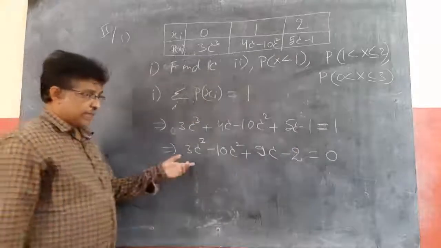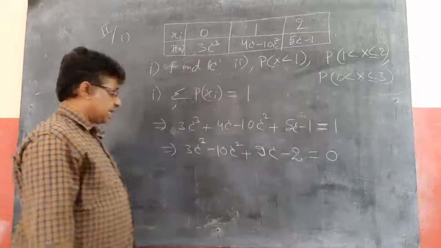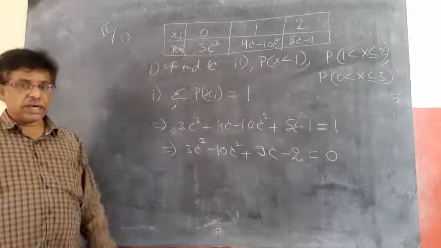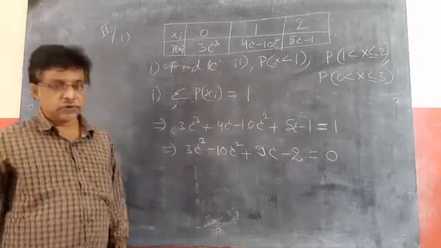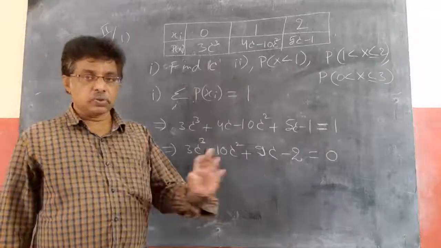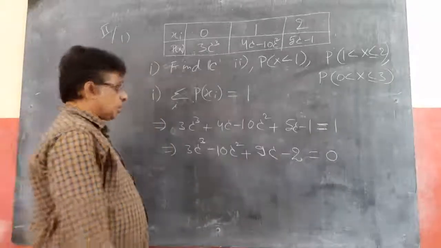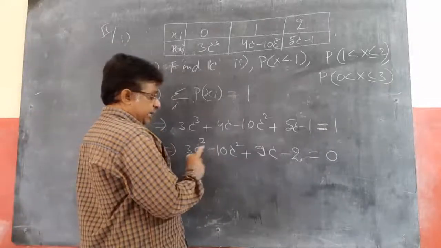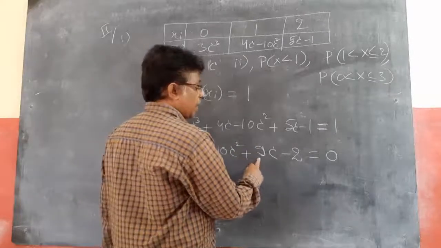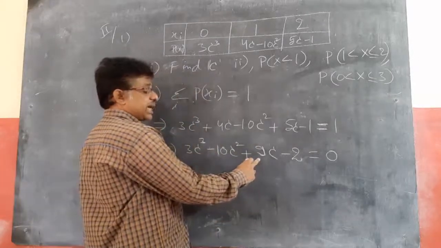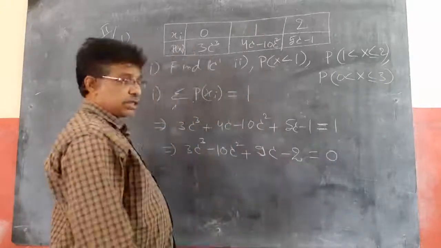Now you got the cubic equation. You know how to solve the equation. First by trial and error, we will find one root, and then by division method, synthetic division or ordinary division, your choice of doing, we can find the remaining two roots. So first how to find the single root. If you add the coefficients, 3 minus 10, minus 7, minus 7 plus 9, minus 7 plus 9 plus 2, plus 2 minus 2 equal to 0.